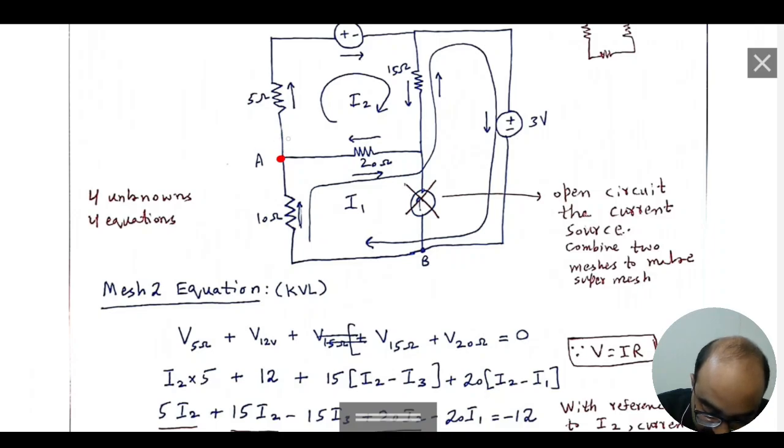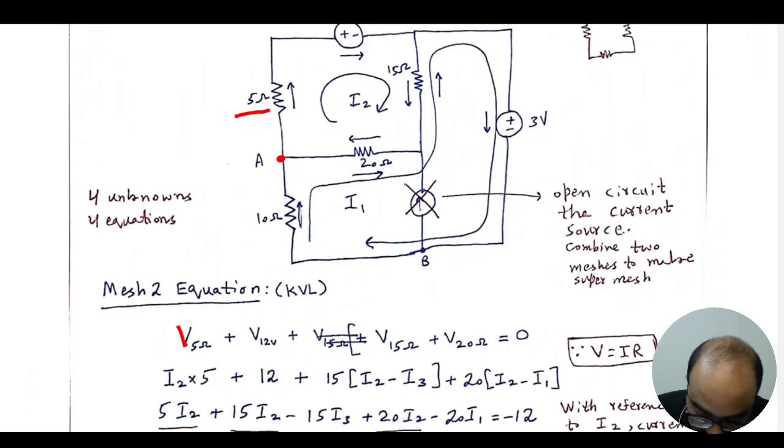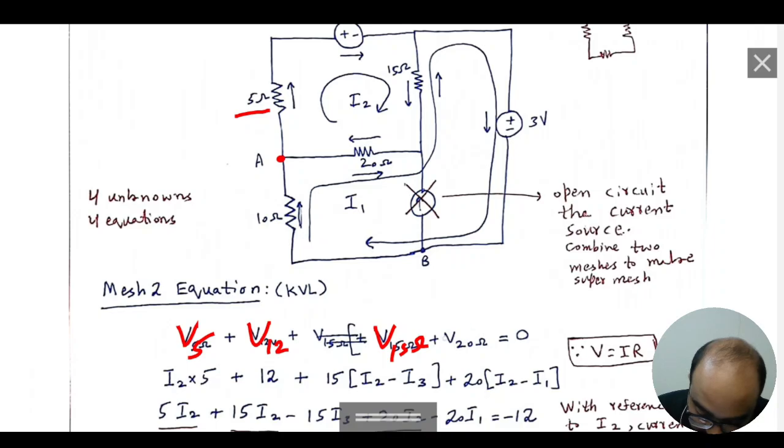The first circuit element we encounter is 5 ohm, so this is V5. Next there is a voltage source, 12 volt, and then when we come here, there is V15 ohm plus finally V20